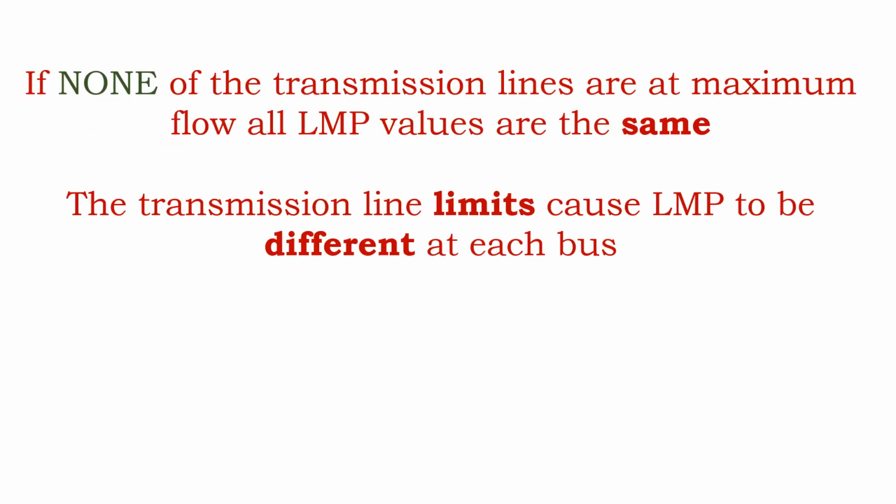So to conclude, if none of the transmission lines are at maximum flow, that means no transmission limits are there, then LMP values will be the same. If the transmission line is limited, that means if there are any limits on the transmission line, LMP will be different at each bus. So I hope I have explained the concept of LMP,